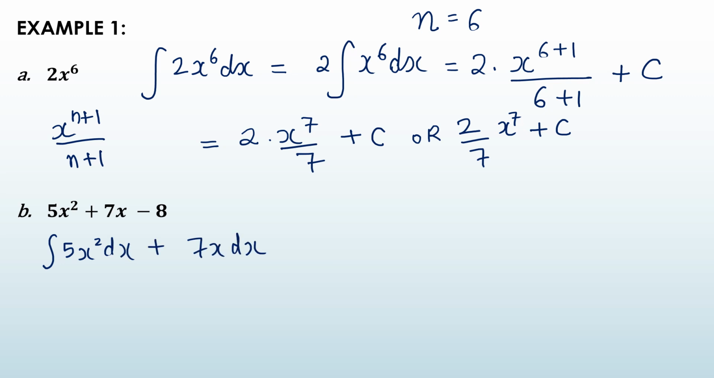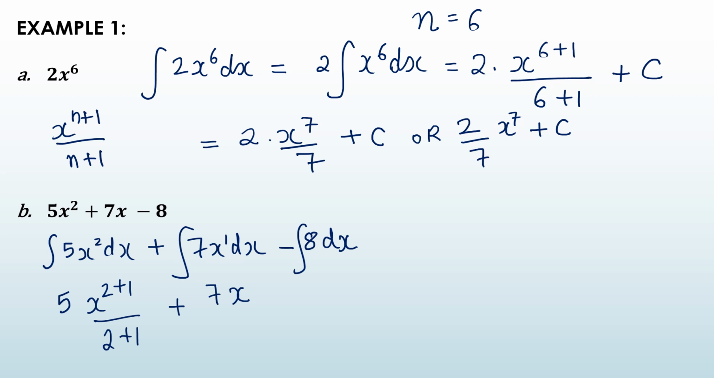Second function and the third function. So this is 5 times, the n value is 2, so x to the power 2 plus 1 over 2 plus 1, plus 7 times x to the power of, there's 1 there, so n is 1, so 1 plus 1 over 1 plus 1, minus 8 times, now this is interesting, you don't see any variable x, but we assume